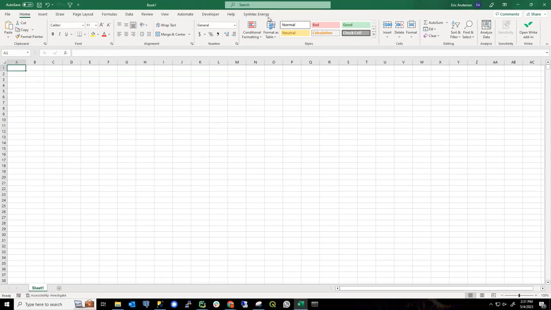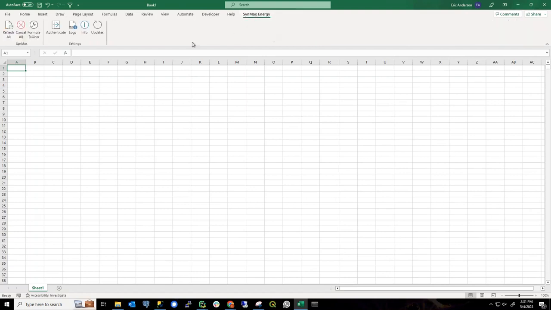There we go. After you download and install the add-in, it's going to show up here on the top of the toolbar in Excel. And the very first thing you're going to want to do is click the Authenticate button. A window is going to pop up where you will enter your API key. If you don't have your API key, you can email me or our support group, support@synmax.com, and we will send